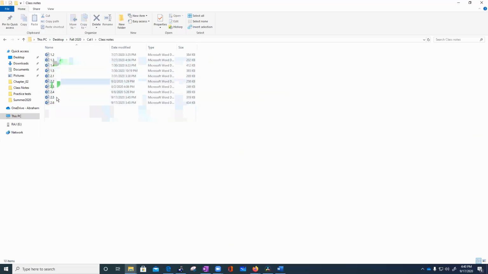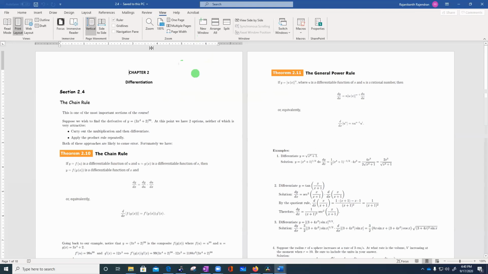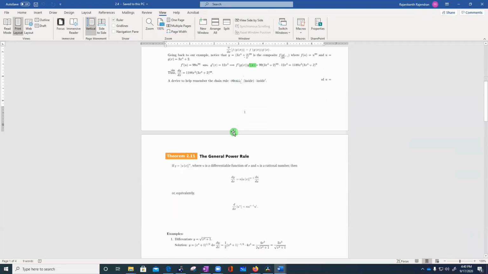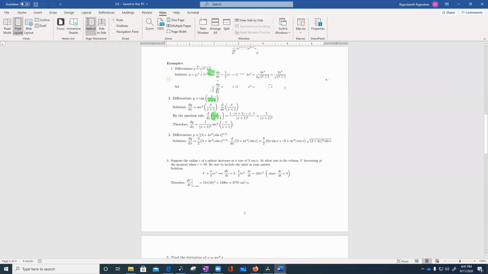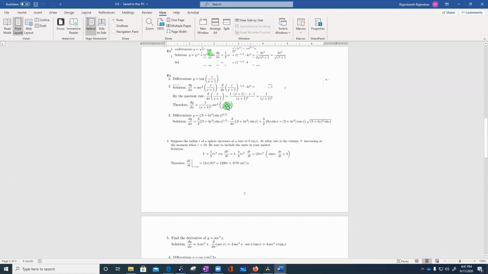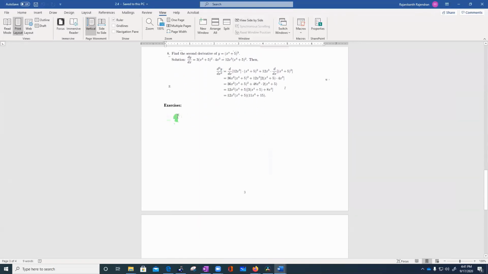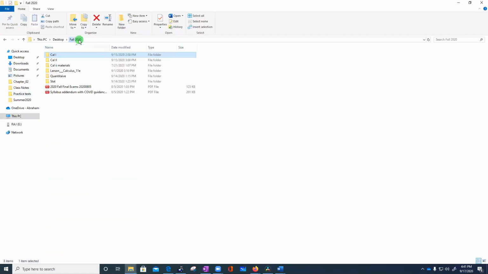So for example, for 2.4, you see the class notes I posted there. You see the problems here, so you will find some more difficulty levels I have included. Why don't you go through all of these? I picked these from my other class notes that I'm preparing, and I have included so many problems here. I'm going to include some more problems, and I believe I already posted that. So please go and check